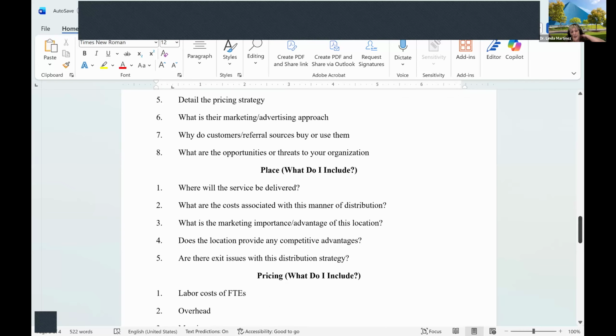Again, this is what I was telling you about the place. You have to find a real building with a real address, and you've got to have a floor plan. Now, you have to know how much that building's going to cost. Are you going to lease it? And if you lease it, how much is it a month? How much are the utilities typically? If it's a business lease, somewhere in there it will typically tell you what the utilities typically are. You need to look at upkeep, like who's going to clean it.